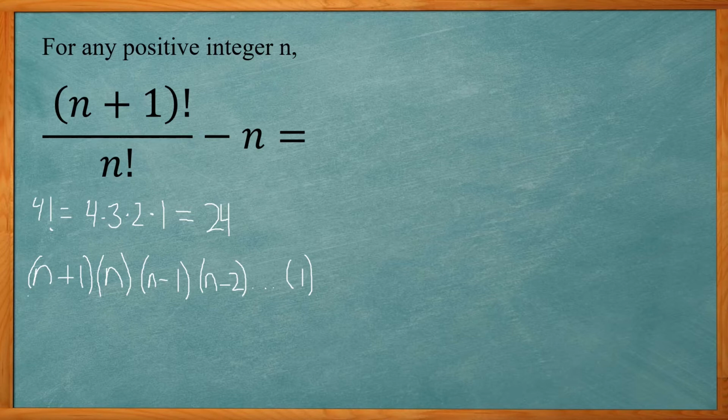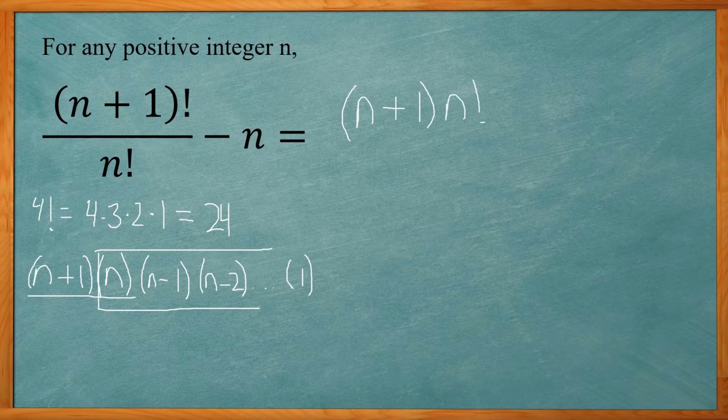I can notice that I can take out the n plus 1. If I do that, I have the rest here, n all the way down to 1, which would be n factorial. So n plus 1 times n factorial, that's still the same thing. I just took out the n plus 1